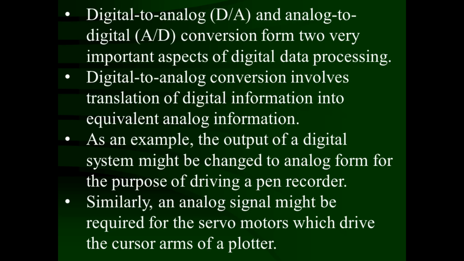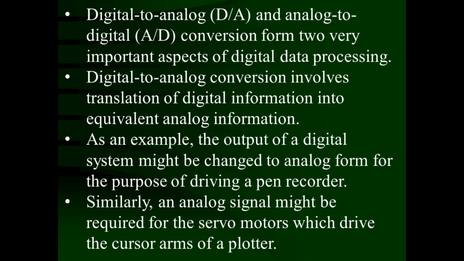What is digital information? Normally, it is a string of binary numbers, in 1-0 form. That is called digital information. Corresponding to 0 there is 0 volt, and corresponding to 1 there will be plus V volt. So this information in the form of a digital signal has to be translated or converted into an equivalent weighted analog voltage.